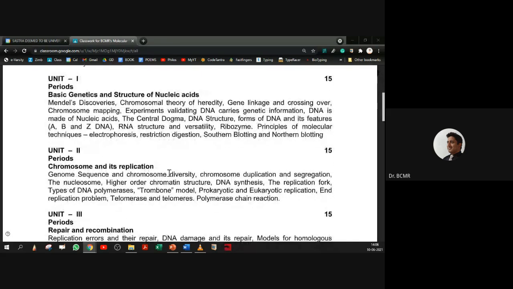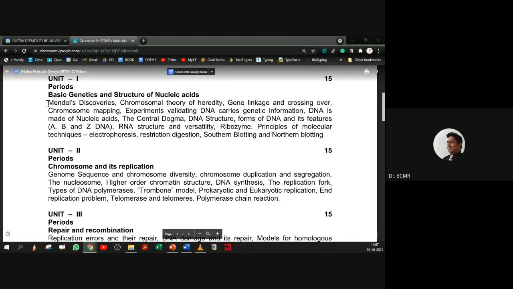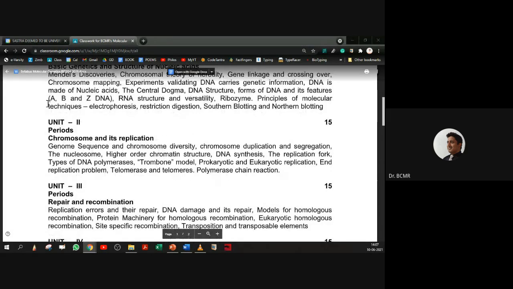So we had in the first unit, when I'm talking, it's also important that you note down probably what are the important things. We should learn about Mendel's discoveries, especially the ratios, and how to draw a Punnett square and so on. And most important of these would be about the genetic material, structure, the chemistry of genetic material, DNA, RNA, and also the experiments. Right? There are 3 or 4 experiments. You can always go back to the videos that we have discussed, and then you can always have a look at them. And the first unit also comprises